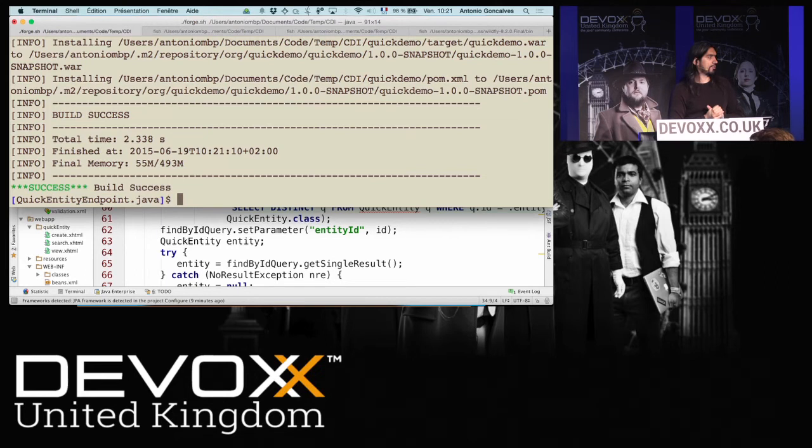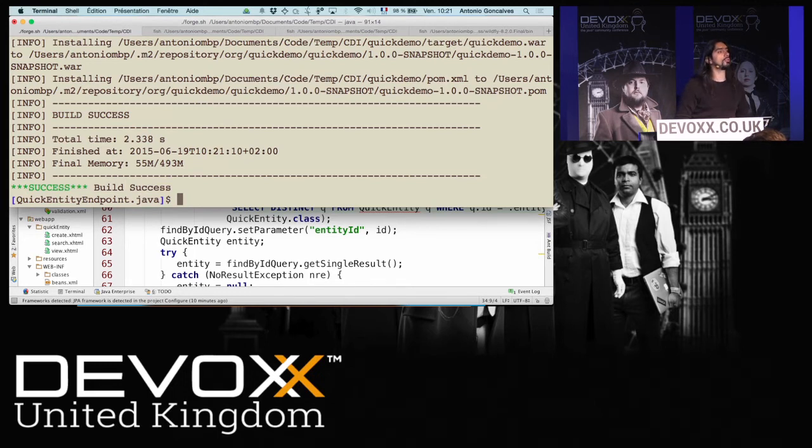So I can deploy this WAR file on an app server. But let's stay on Forge. Forge has, again, a few app server add-ons. GlassFish, JBoss. Not sure about WebSphere and Weblogic. I'm not sure about that. Maybe. So let's use Wildfly.